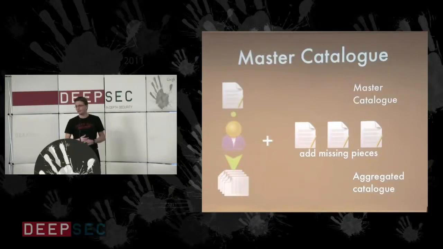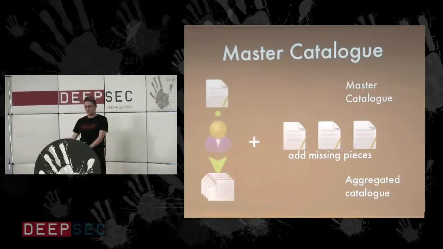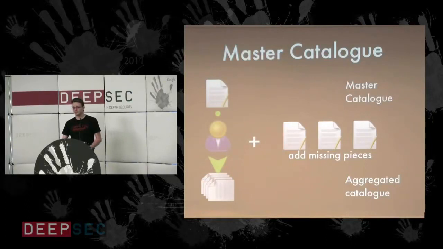And at the end you have an aggregated catalog. Unfortunately, this doesn't work that great either, because there's some weighting in these catalogs. Some catalogs have controls which are stronger than controls from other catalogs, which means if you look into PCI DSS, it states what you need to log, as an example, and ISO doesn't state what exactly you have to log. So you have to look after these weightings.